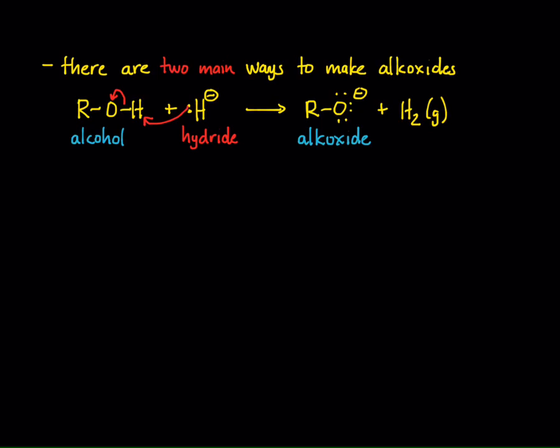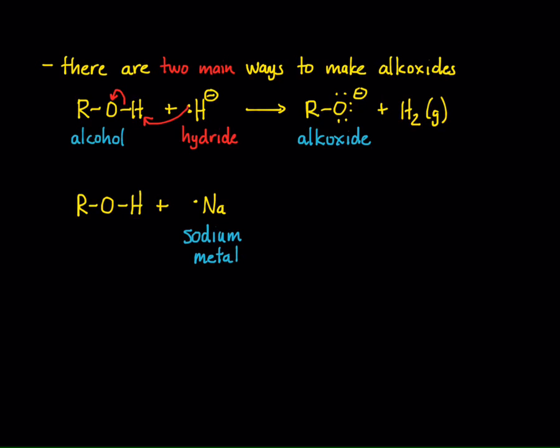Hydrogen simply bubbles away, and based on Le Chatelier's principle, you shift the equilibrium to product formation. This is probably the easiest way of making alkoxides from alcohols and hydride. There is another way that's relatively common, and that is by taking an alcohol and reacting it with Na, so